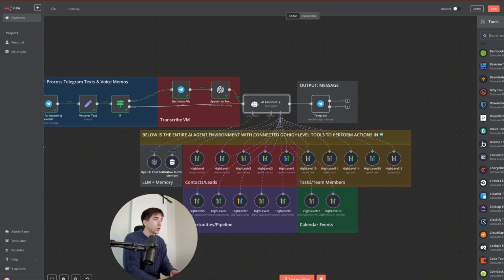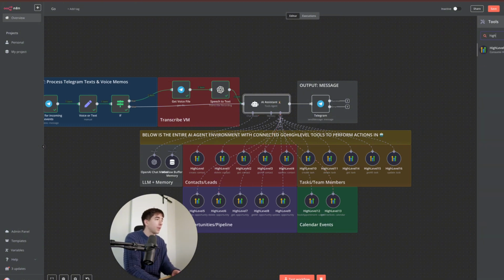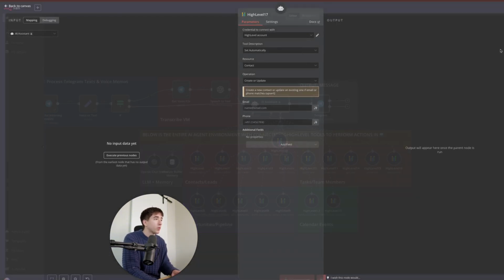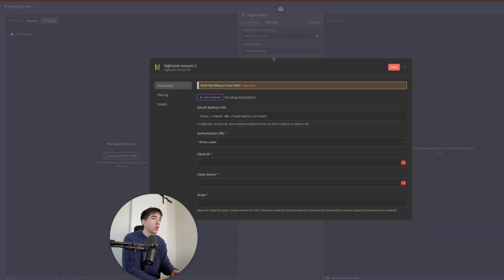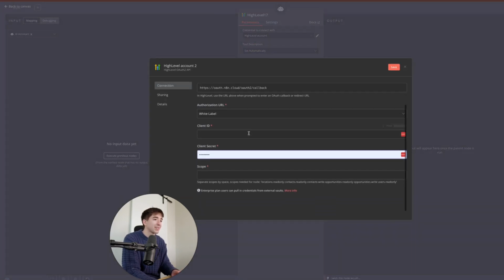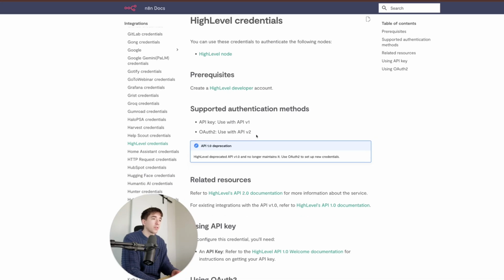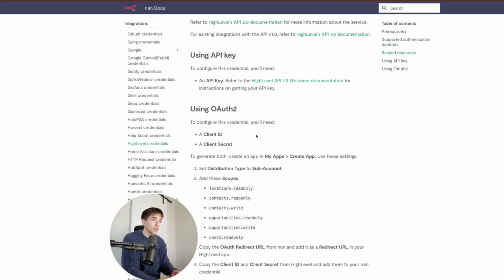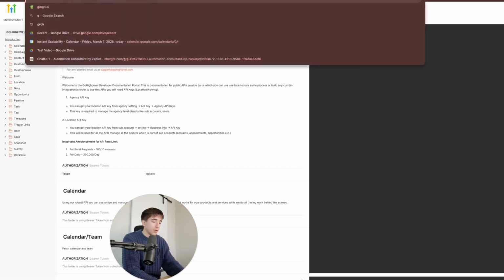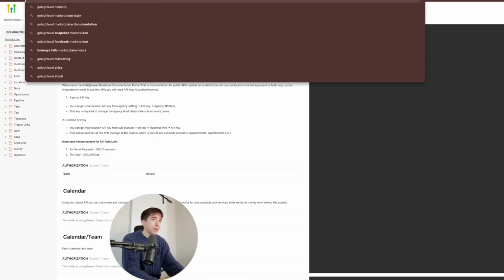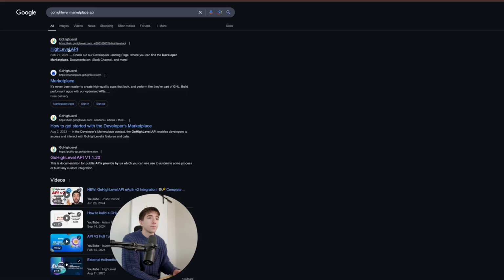But from here, we're just going to look up HighLevel, and it's going to pop up with the HighLevel tool. So when we do this, this is where it gets a little complicated, but bear with me here. We're going to do create new credential. You're going to see it's a little more difficult to set up this integration. So I've spent an hour learning this so that you guys could save 2 minutes here and do it in 2 minutes. But essentially what you're going to want to do, GoHighLevel Marketplace API,